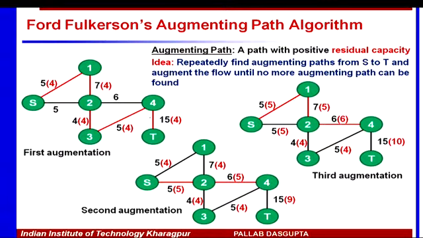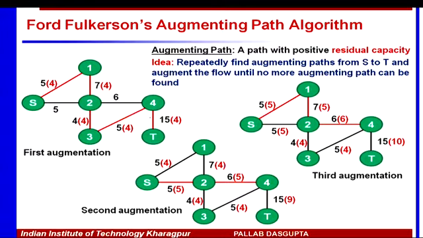If it can find a path from S to T, it finds the minimum remaining capacity on the edges of that path and pushes that amount of flow from S to T, right, and revises the residual capacity on that path. Again it looks for a path from S to T, right,